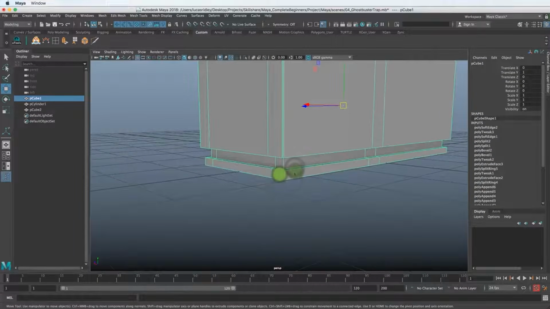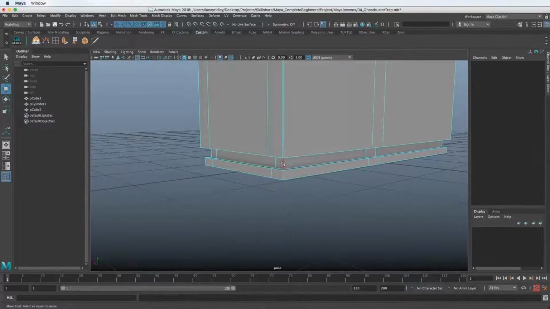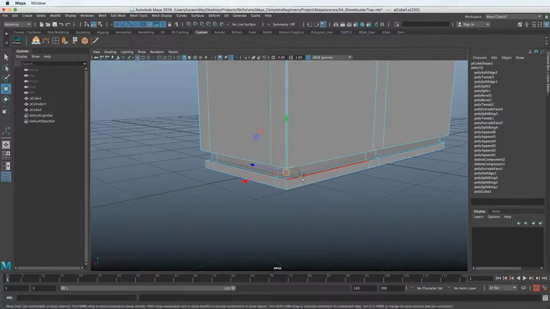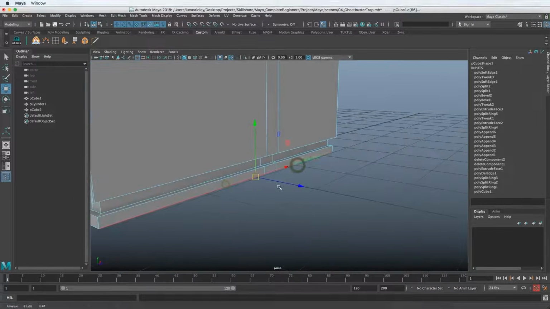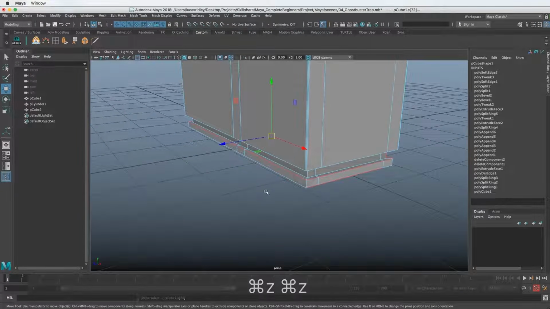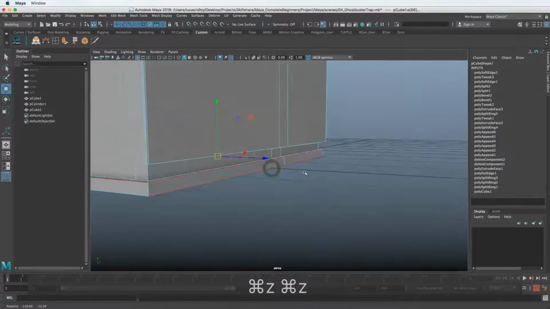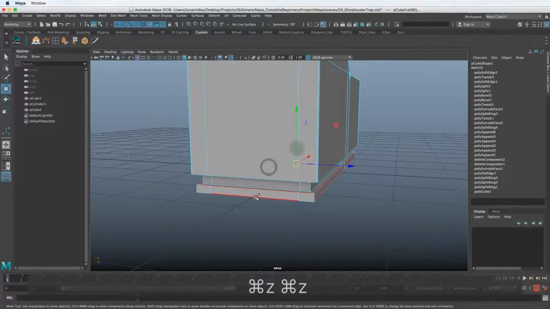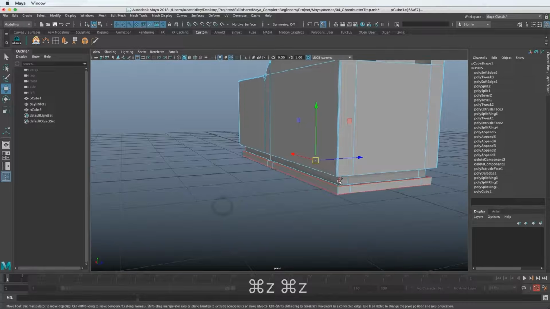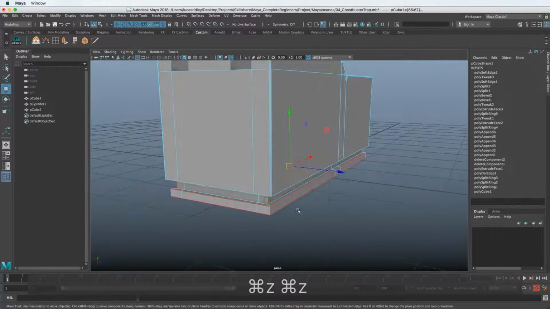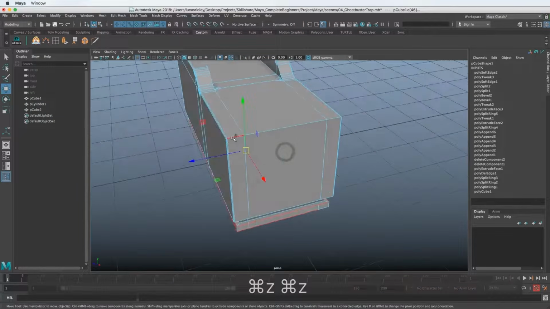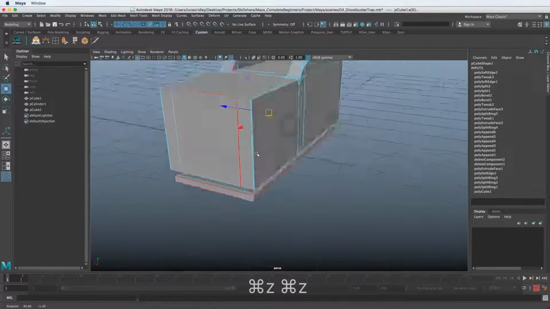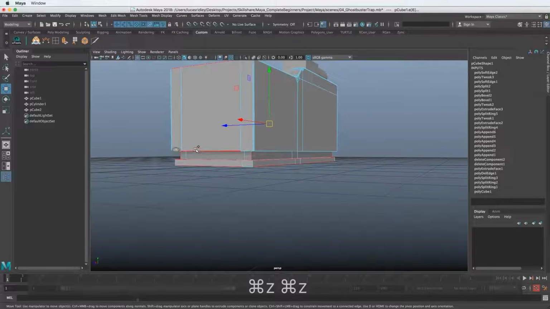So let's select the edges here, right clicking, going up to edge, and we will shift select the edges that we would like to bevel. Double clicking, it looks like I accidentally didn't have shift held down, so I'll hold down shift and just double click these and these corners. I'm going to do the bottom corner separate because I want those to have a different kind of bevel. And let's do this one as well, and this one.